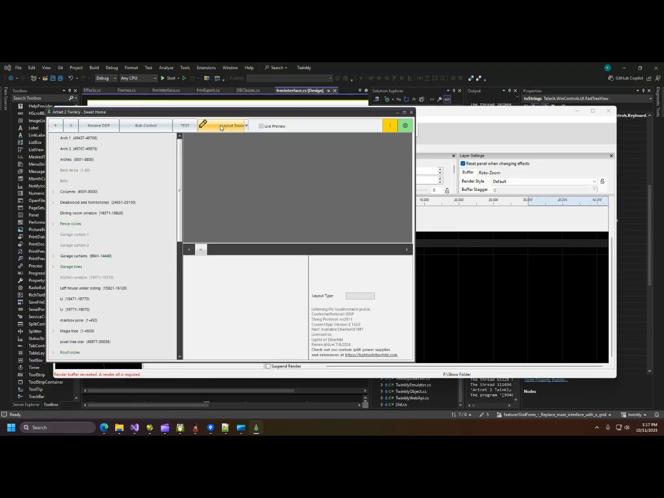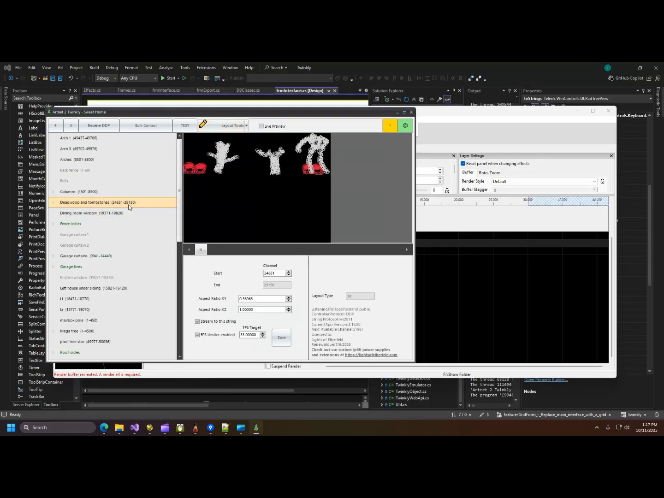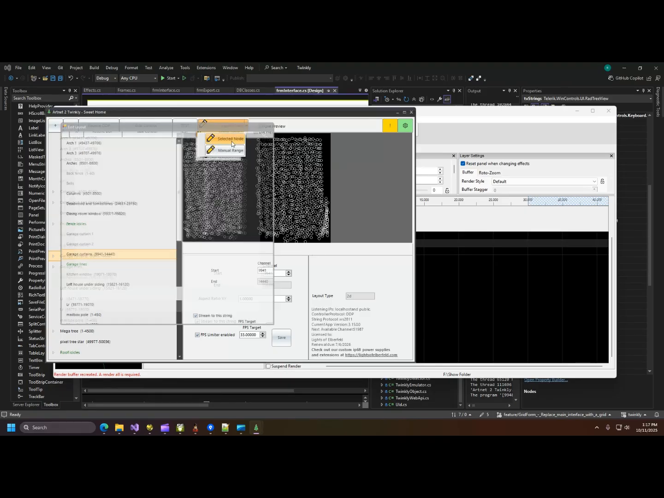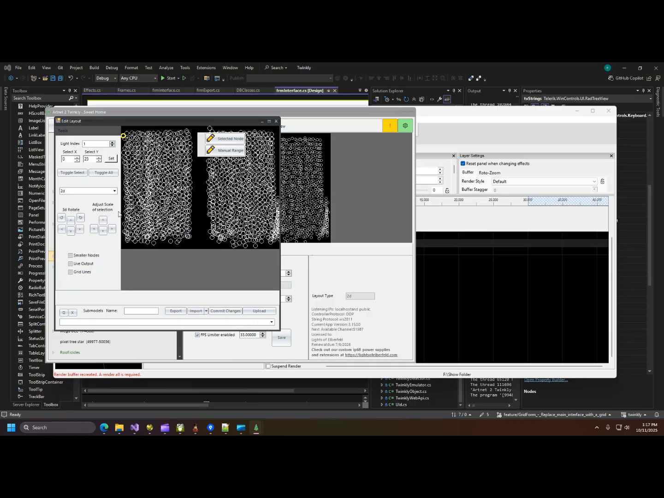In 3.14, I added a new feature to the model editor. So we're going to look at that. Let me pick a garage curtain. Go into Layout Tools, selected node. Now you'll see we have X and Y coordinates. So see how this light is below the other? Well, now I can just go in here and say,